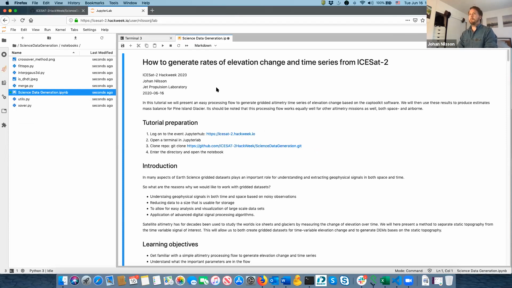So we have this amazing data set from ICESat-2, but also we have plenty of other data sets as well. So I'm just going to talk a little bit about a simple workflow that people can use to go from point data to science products that you can use for your research. And this is a lot based on the CAP toolkit that me and Fernando have been developing for a couple of years. And it comes out of the